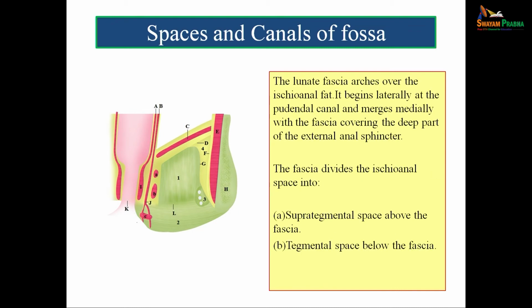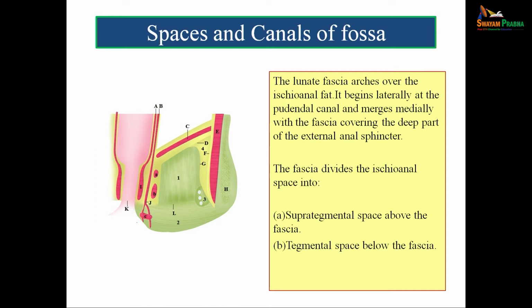Now, we come to the lunate fascia. Now, what is the lunate fascia? The lunate fascia arches over the ischioanal fat. So, you see in the figure, the lunate fascia is marked by a capital G. So, that is the lunate fascia. It begins laterally at the pudendal canal and merges medially with the fascia covering the deep part of the external anal sphincter. So, if you see on the lateral aspect,